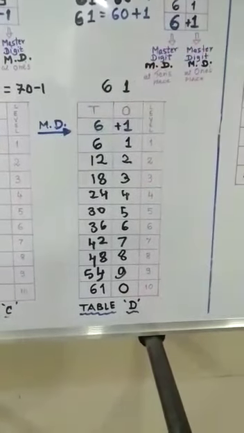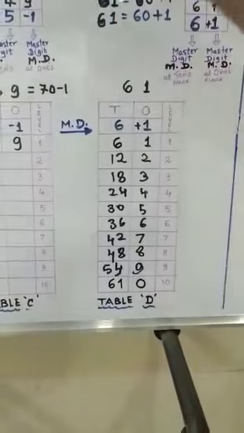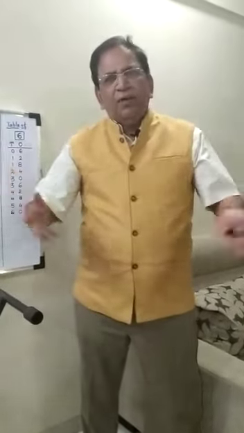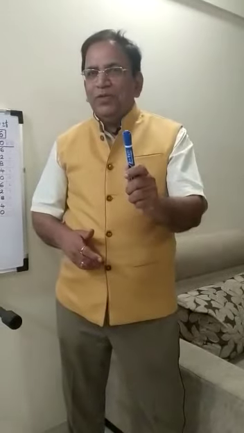Similarly, you can prepare any table, say 51, 31, 91, 81, any table ending with 1. In our next video, we will consider any two-digit table, say 24, 18, 62, 78, 92, any number, and how to do that without memorizing the table of 2. Okay, thank you so much.